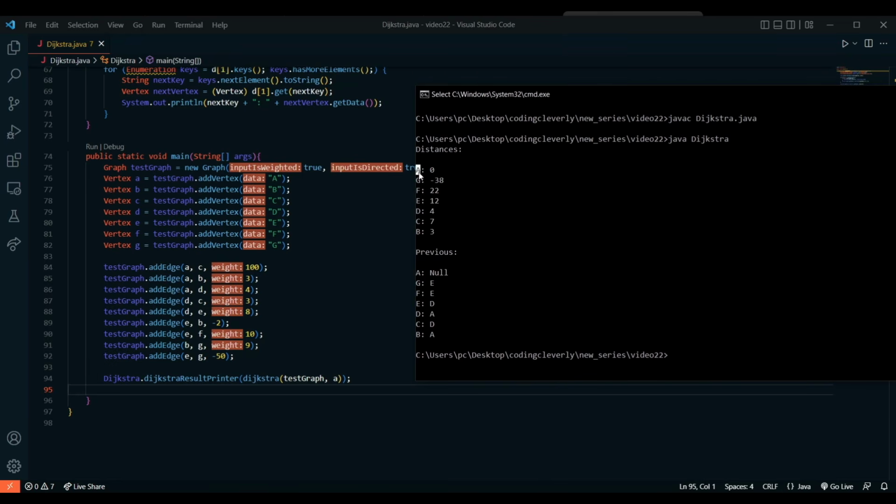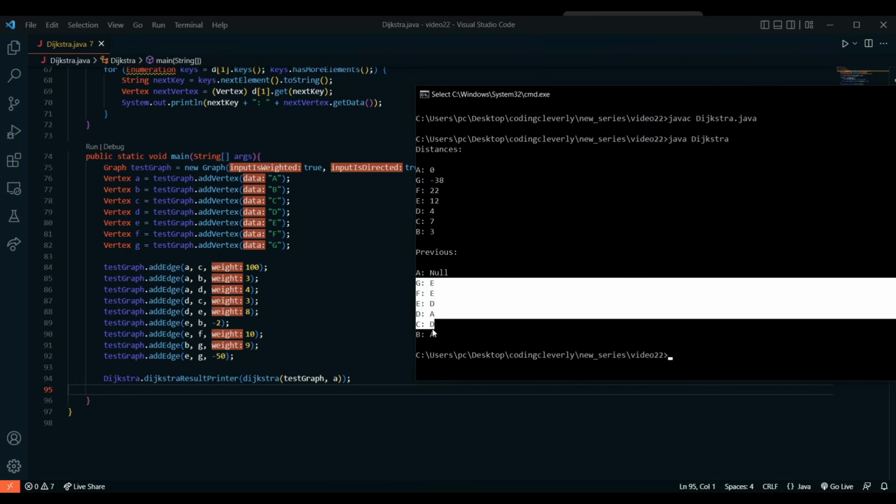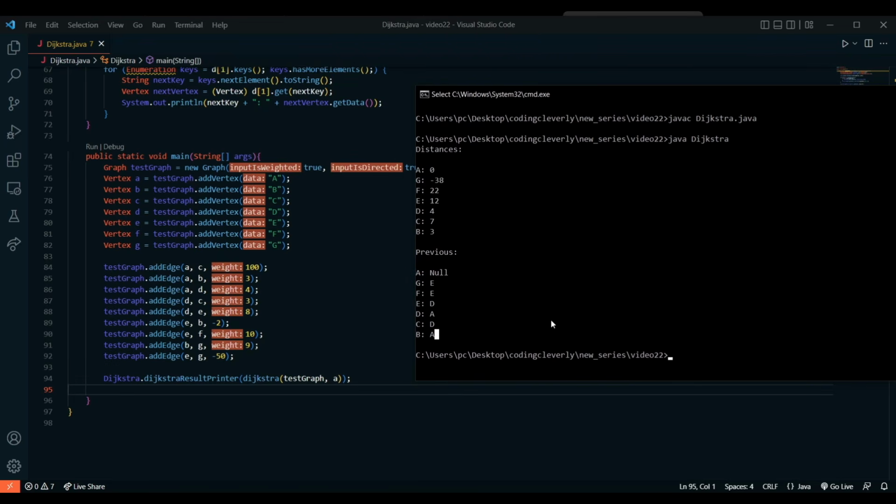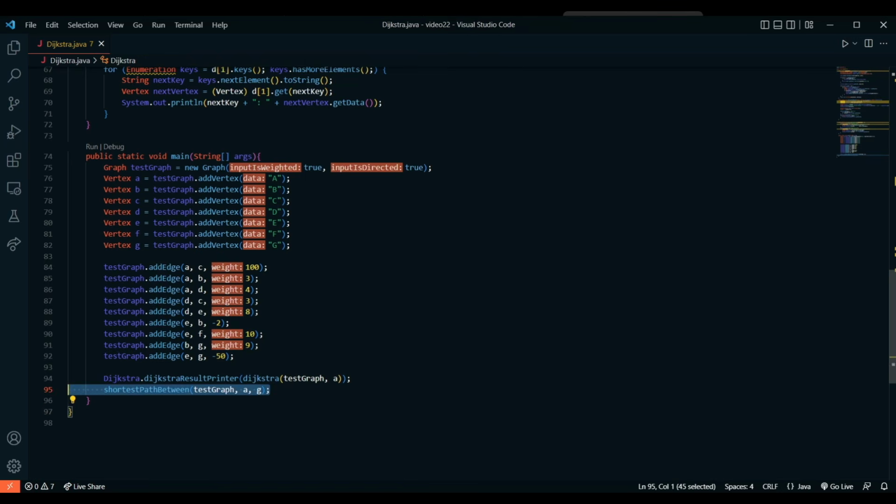So the distance from A to itself is 0, the distance from A to G is minus 38, the distance from A to F is 20. So we just passed in these values here, and it just allowed us to get the minimum distance from this graph. It's just telling us the minimum distance from A to B is 3, the minimum distance from A to D is 4, and so on. Over here in the previous, we have A has a previous of null, but the rest of the vertices show their previous vertex as well. For the last method that we created, we want to call that shortest path between test graph,